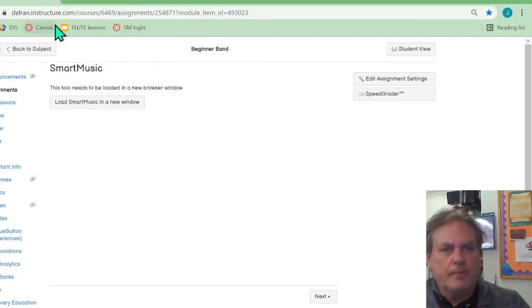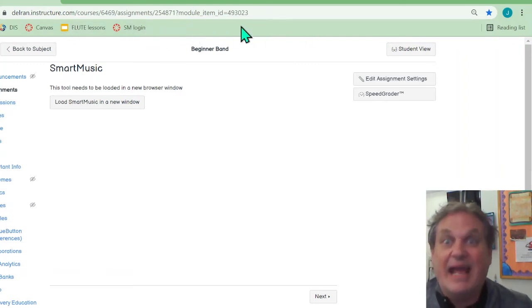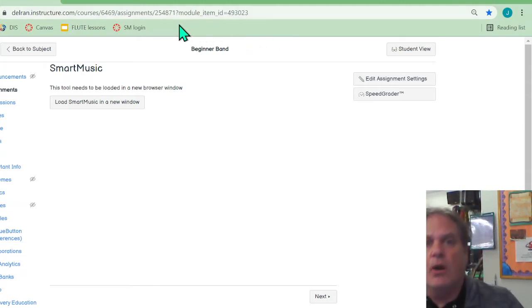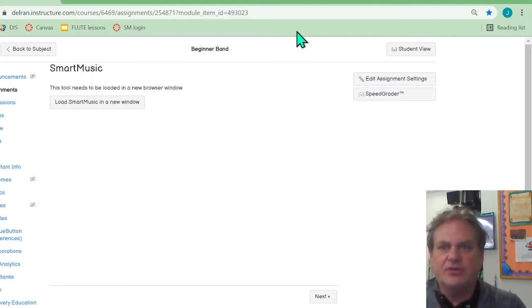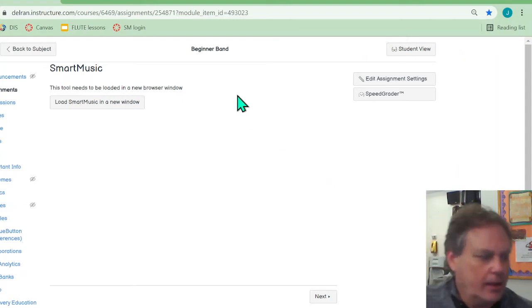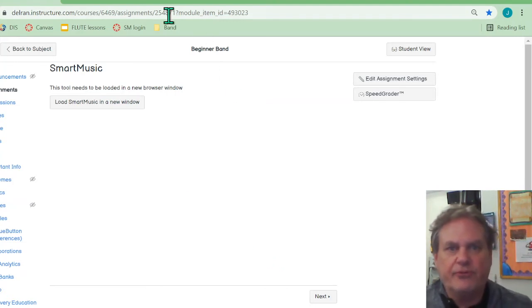So I'm going to show you now how to combine bookmarks into subjects. This is a game changer if you don't know how to do this. Over on the blank part of your bookmark bar, you're going to right click, or if you have a Chromebook, tap your touchpad with 2 fingers, and that'll open up the right click menu, which looks like this. And we're going to add a folder to our bookmark bar. This one I'm going to call band, but you can make folders, and you should, for all of your subjects,